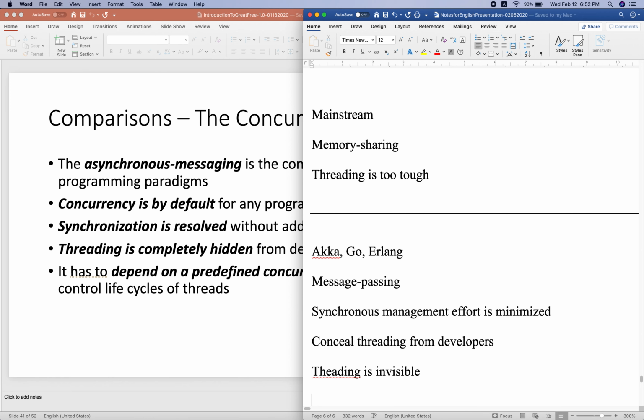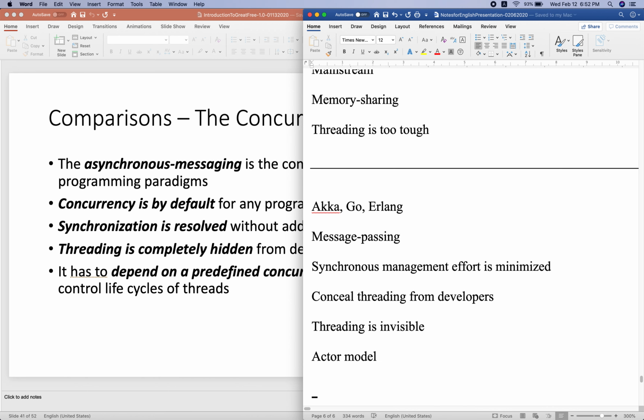So when you program with Akka-like languages, you do not need to care about threads. You just use their model, the actor model. The actor model is actually a concurrency model. You can send messages asynchronously between two different distributed nodes, remotely or even locally.